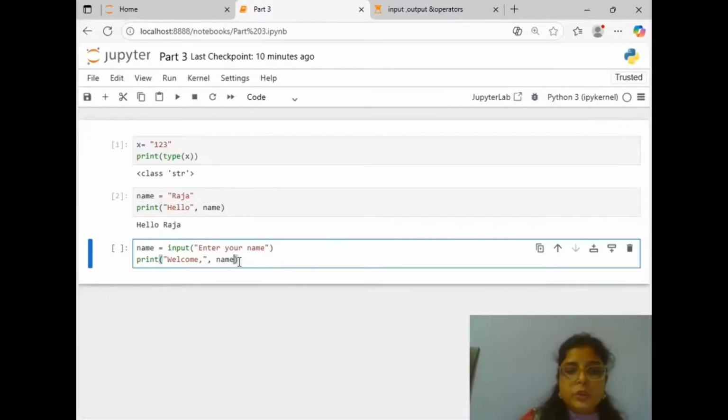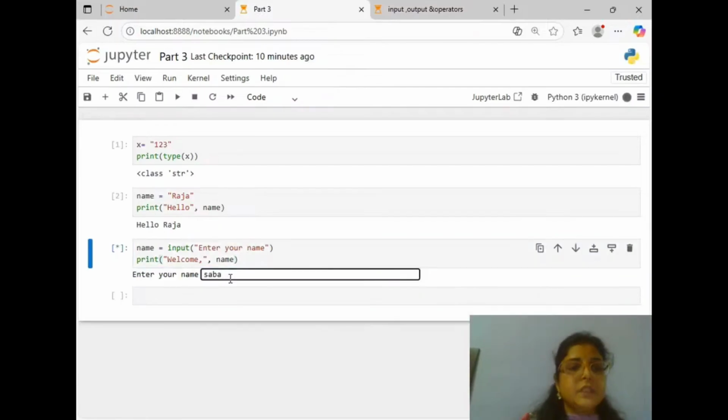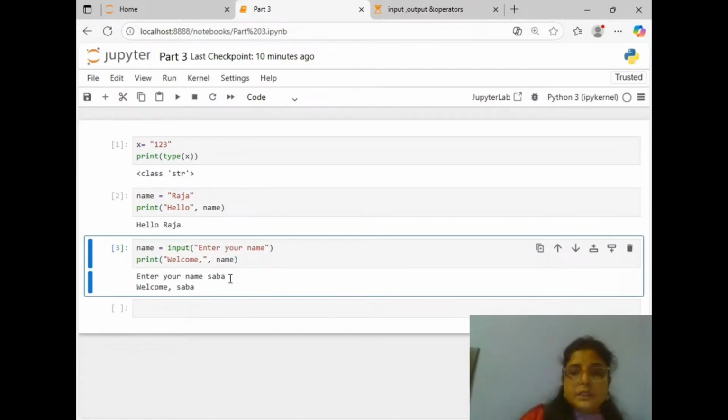Could you please show me the command to run it, which is shift enter. So it is asking my name. So I'll write my name Sabha, and then I will press enter. So it shows me welcome Sabha. I've given the input my name, and then it shows me the output welcome Sabha.